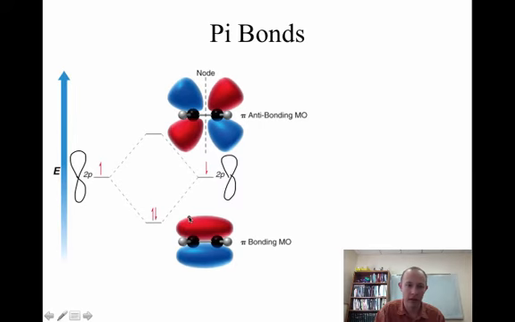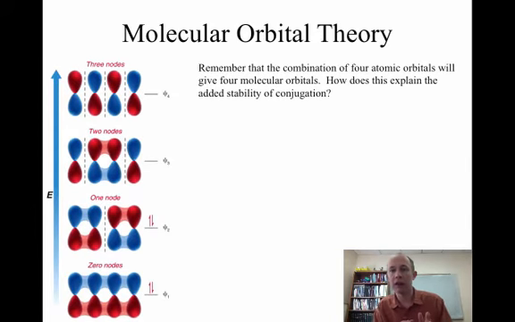And when they combine, they form this pi bond that contains two electrons. They also form a pi star, or a pi anti-bonding molecular orbital, but notice that this doesn't possess any electrons in it. What we'll find, though, is that if you have 4 pi bonds, they can combine to make 4 molecular orbitals. So you can get 4,